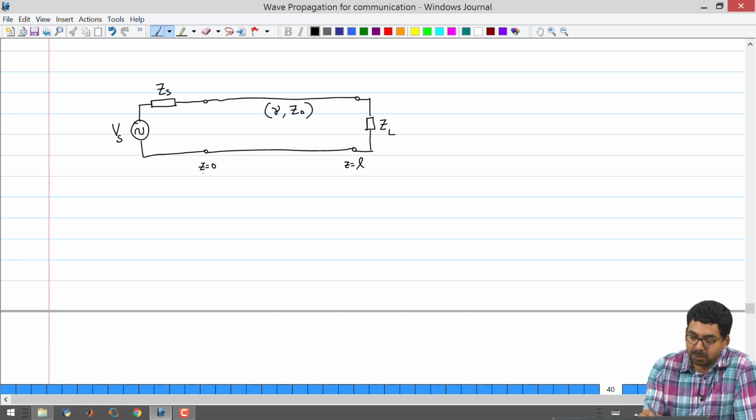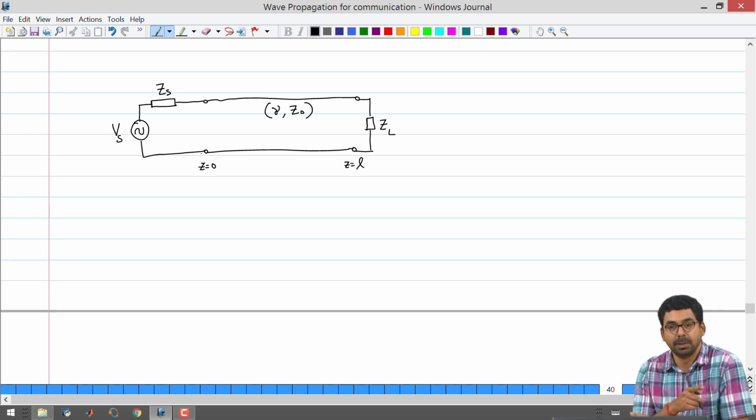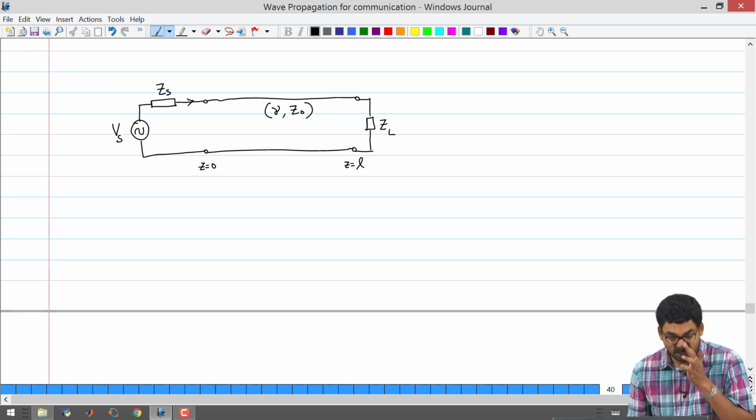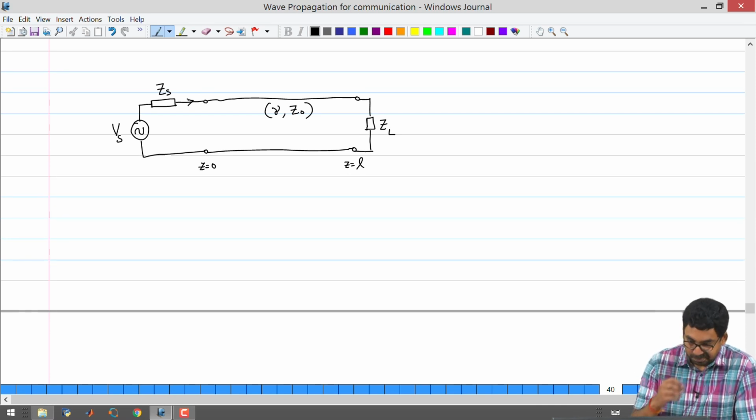Sometimes I found that the students find this coordinate system easier, going from left to right, from 0 to L. So, if you feel this to be comfortable, you can stick to this coordinate system for the rest of the course and just base all your derivations on this coordinate system, you will hit no problems. And to just instill that confidence, I just want to reverse the coordinate system from what is in the textbook. Textbook usually uses the other coordinate system. So, I am having a current that is supplied by the source, since this is a closed circuit.